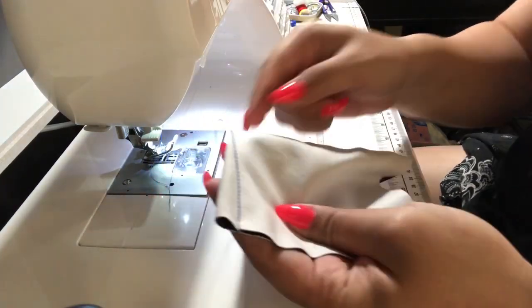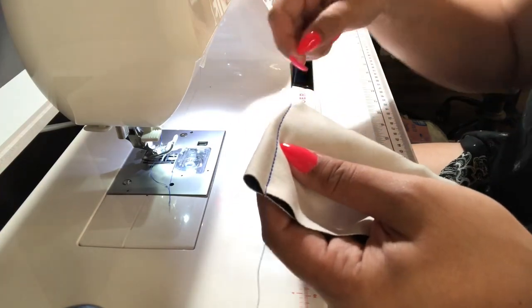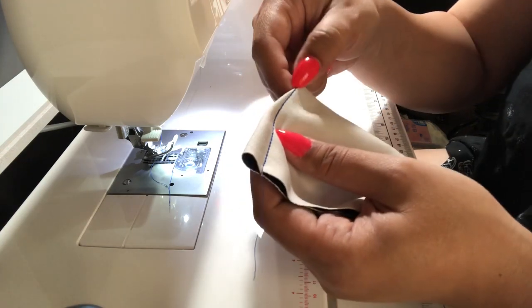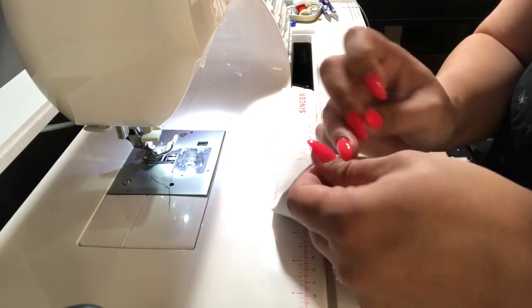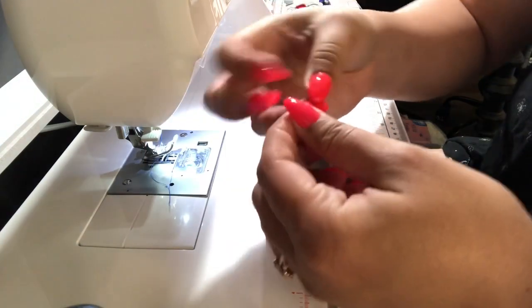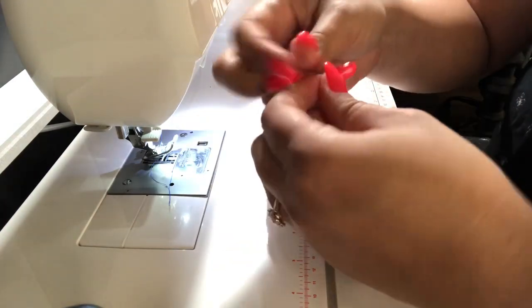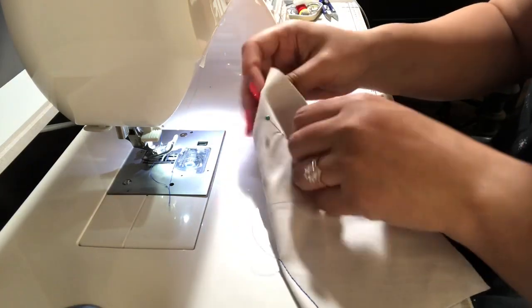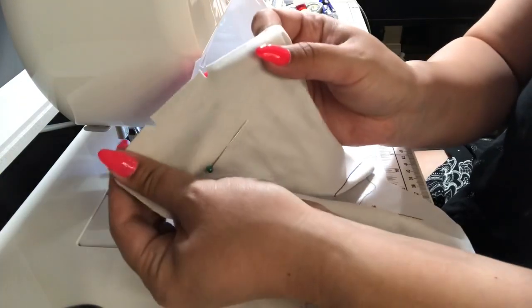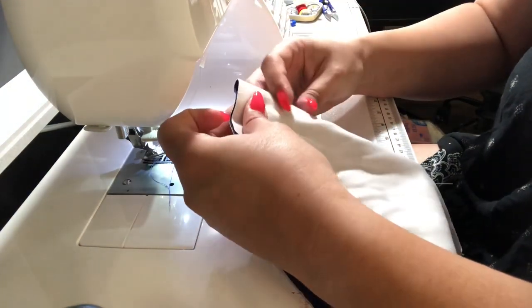And then what I'll do is tie these off where I ended, because as the instructions mention, that will help to keep a nice crisp point for your dart. So I will just knot this usually 2 or 3 times. I'm going to go ahead and just do 2 for now. Then I will find my next set of notches, my next pin, and do that on all of my main fabric and lining